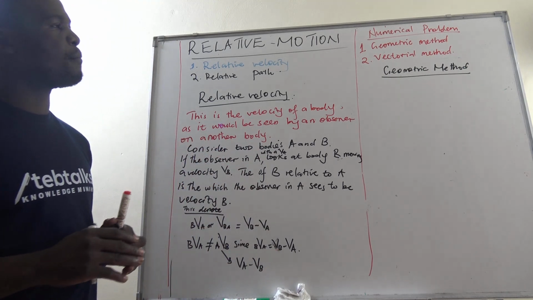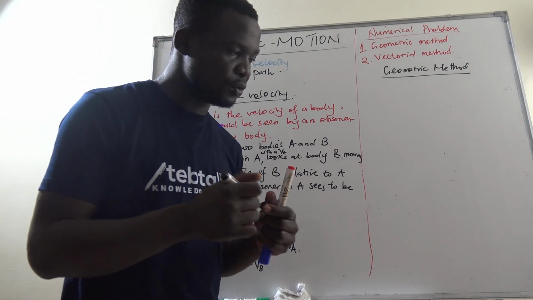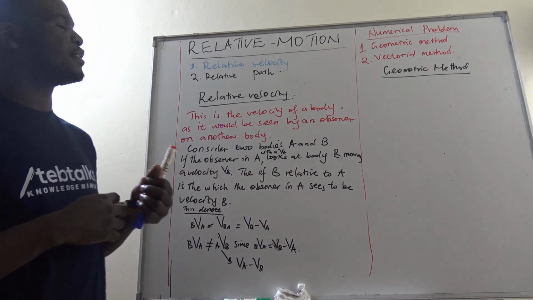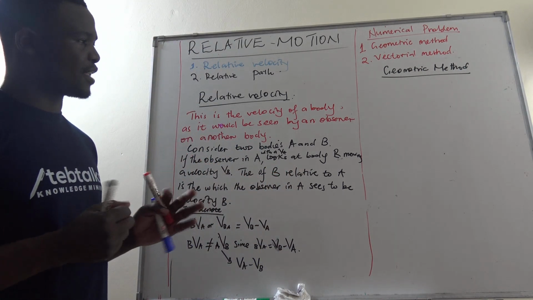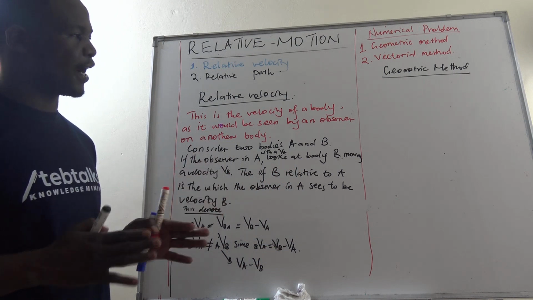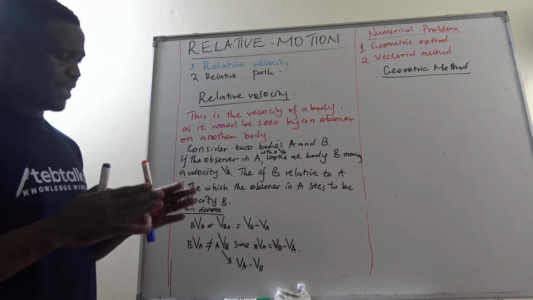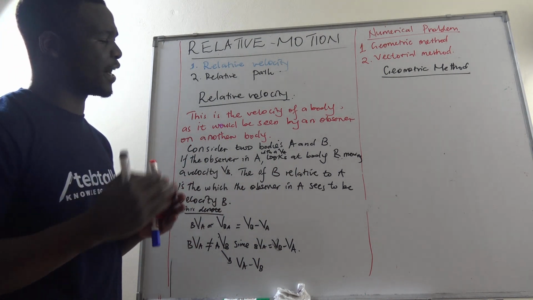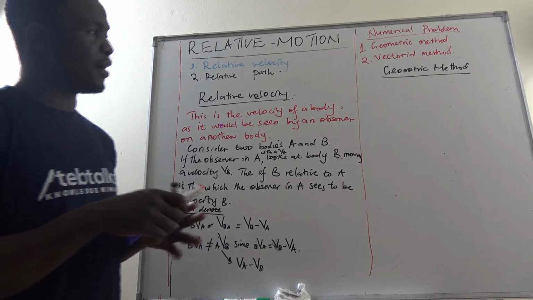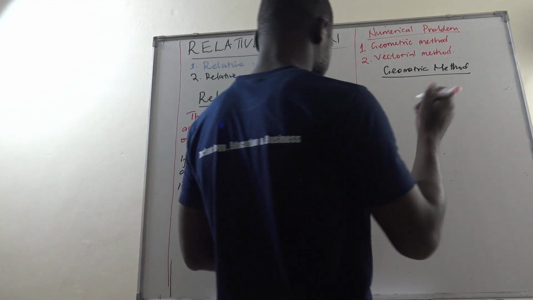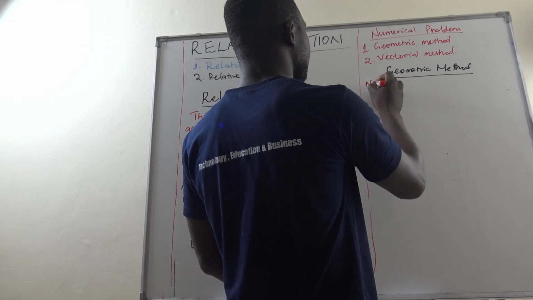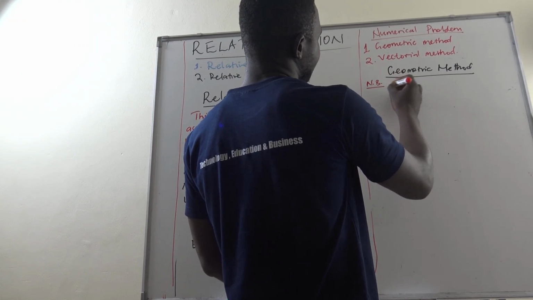That is condition number one. Condition number two, the relative velocity must be in the same direction from the observer. So we can put it as an NB here, that